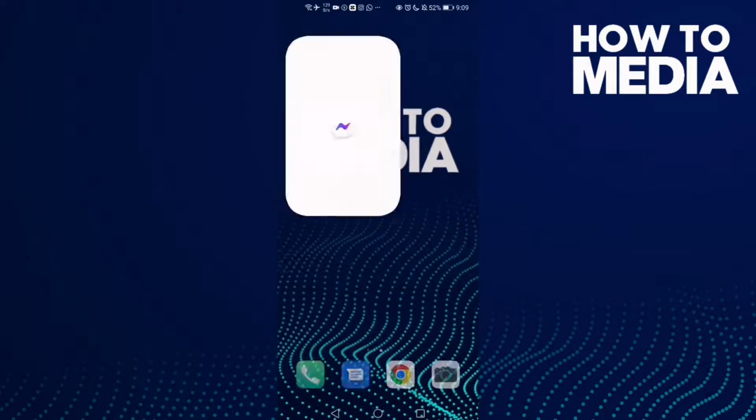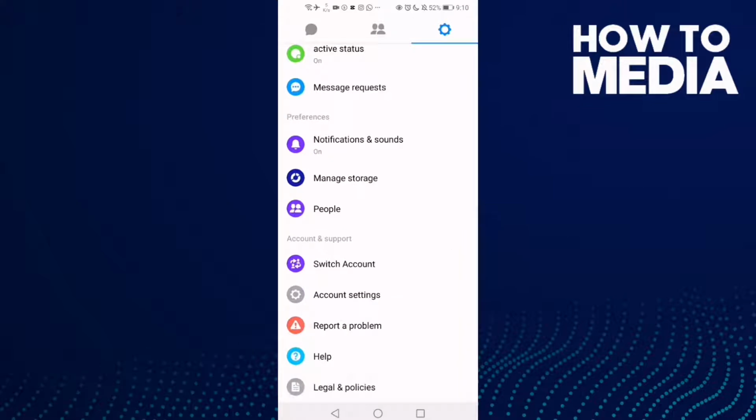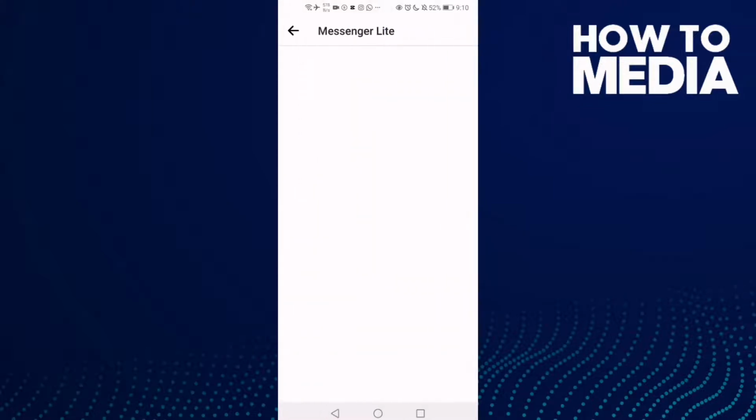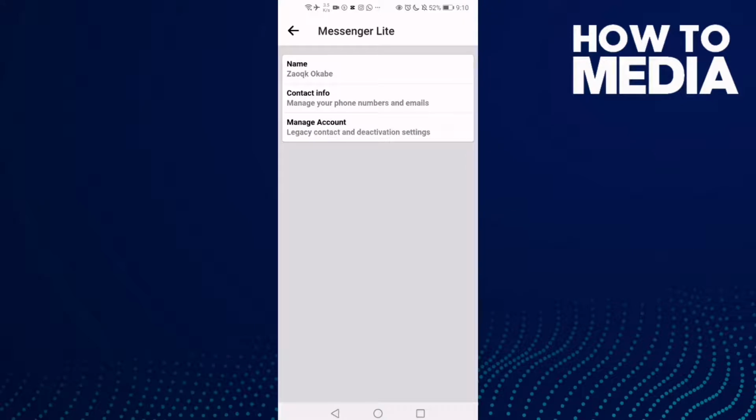First thing, go to Messenger Lite and then click this settings icon in the top corner, and now just go down and here you will find account settings. Click on it and then click personal information, and here click name,